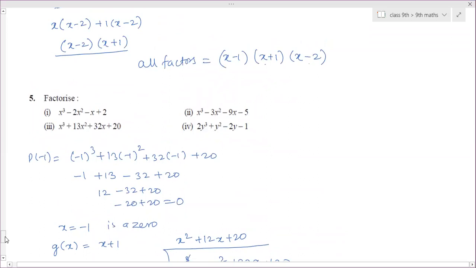Ma'am, is the answer y plus 1 into 2y plus 1 into y minus 1? Yes, right. With which are you dividing, y plus 1 or y minus 1? Y minus 1. So when you take this one, then the quotient, that's minus y you have got. No, that is wrong. See the difference. Yeah, plus y I got. Without seeing your book, I'm telling you the mistake. Yeah, I got it.